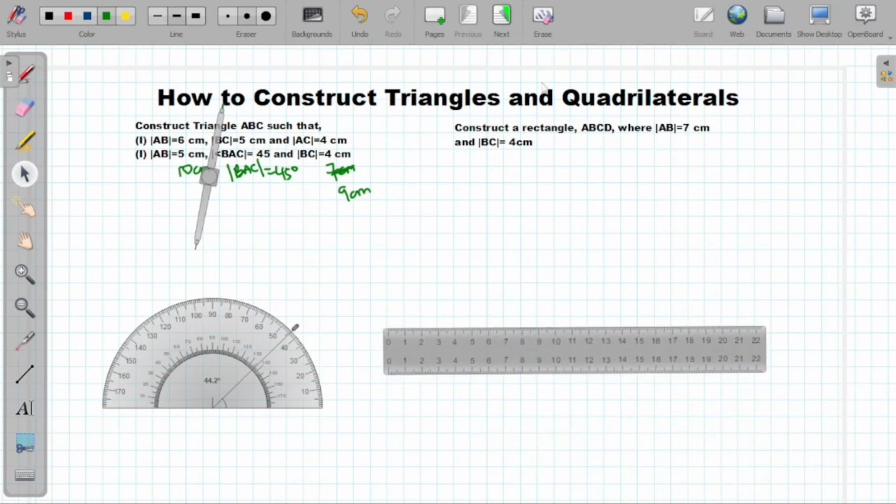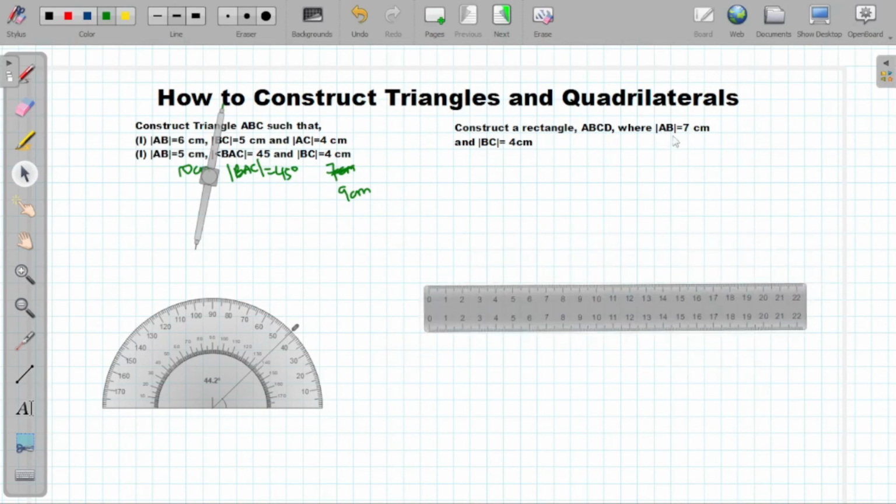So let's now look at how to construct a quadrilateral, which in this case is a rectangle. We have here: construct a rectangle ABCD, where the length of AB is 7 centimeters and BC is 4 centimeters. Now we know that a rectangle has both its lengths being equal, the same as both of its breadths being equal. So what it means is that